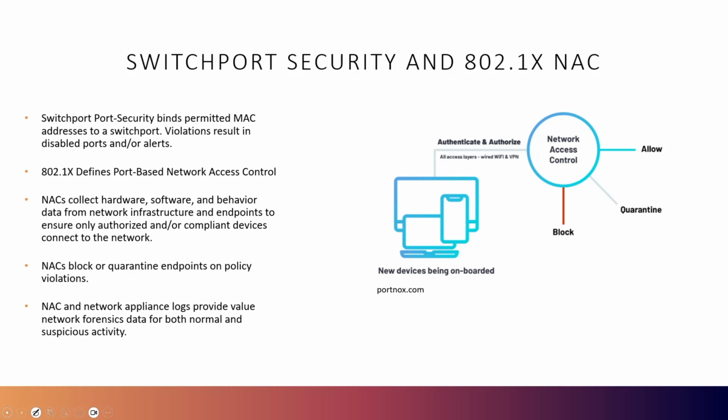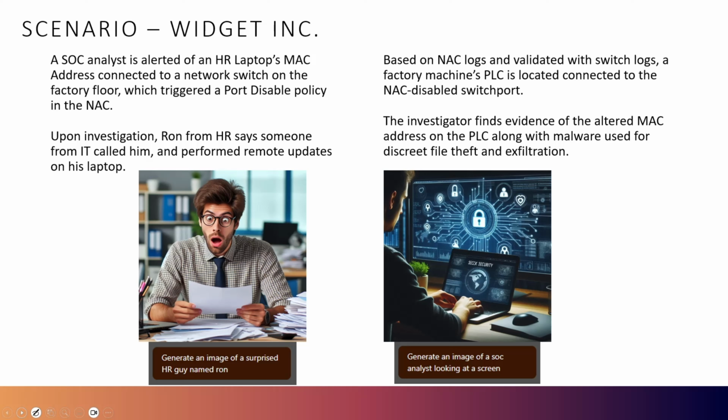Since NACs have an inventory of the devices that should be on the network, and also often the behavior of those devices, NACs can block or quarantine unauthorized or spoofed MAC addresses when unusual activity is detected. Layer 2 network forensics relies heavily on logs from NACs and network appliances, which capture both normal operations and suspicious activities. We're going to walk through a scenario with the benefit of hindsight, and then also